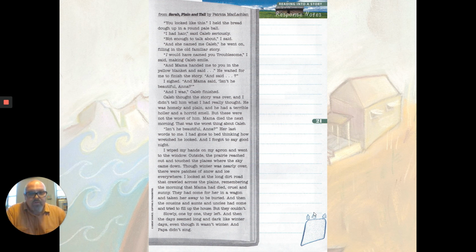So when they're trying to fill up the house, they're trying to kind of fill up the emptiness in the house that's resulted from the death. But they couldn't. Probably in some physical sense, the house was full of people. I'll bet they did fill up the house. But no matter how many people came, they couldn't fill up the emptiness that resulted from the death of the mother. Slowly, one by one, they left, and then the days seemed long and dark like winter days, even though it wasn't winter. And Papa didn't sing. Yes. So there again,